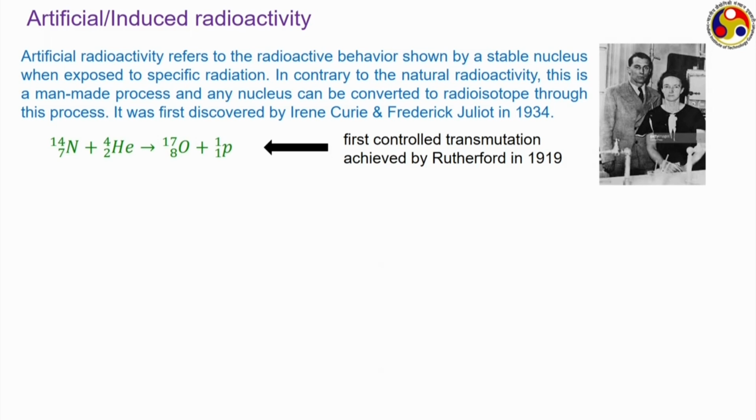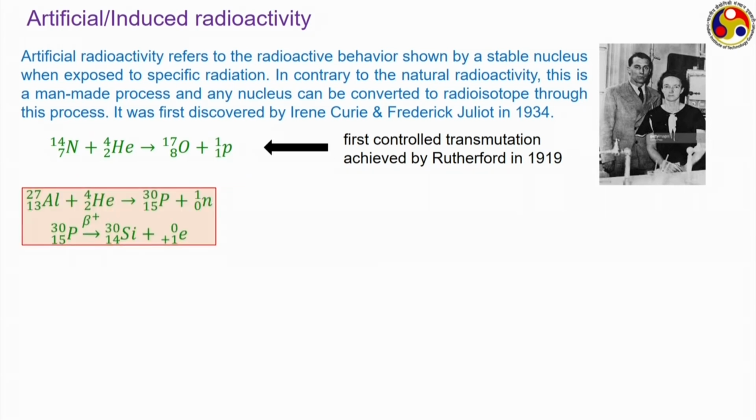Now, probably the first reported artificial transmutation incident was by Rutherford in 1919, when he bombarded nitrogen 14 isotope, that is a natural isotope of nitrogen, with alpha rays, and that led to the ejection of proton. This particular experimental result was used to establish the presence of proton, and the topic of artificial radioactivity was not introduced by that time,